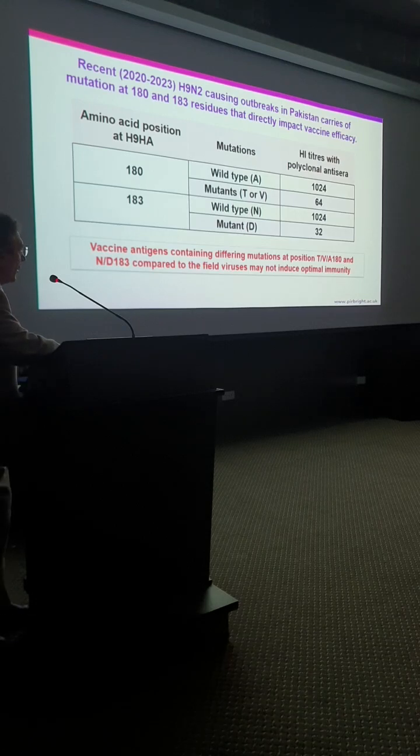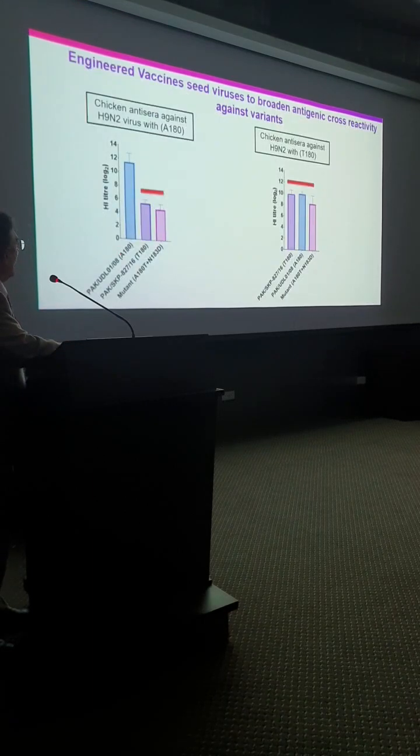So it is sometimes difficult to isolate the virus from the field, and that has that opportunity. So you have to select a virus or generate a virus which can cover all these mutations. And this is one example: the vaccine we make has A at this position 180, and it gives very high immunity against the homologous virus. We can see an HI titer of 12, whereas the viruses circulating in Pakistan, which have either T or, in this case, T and N,